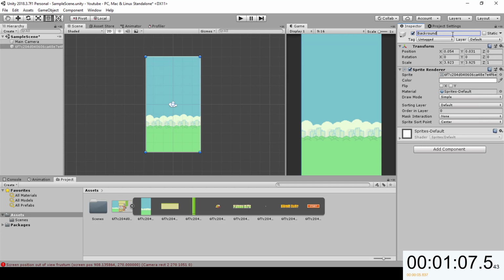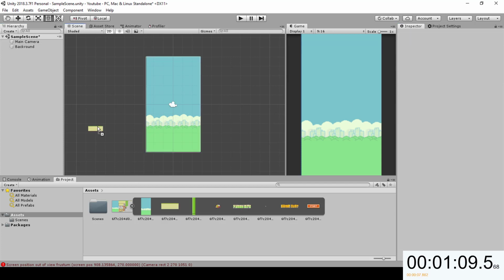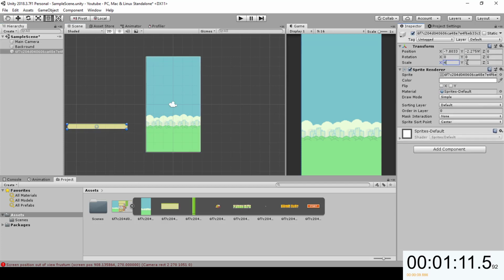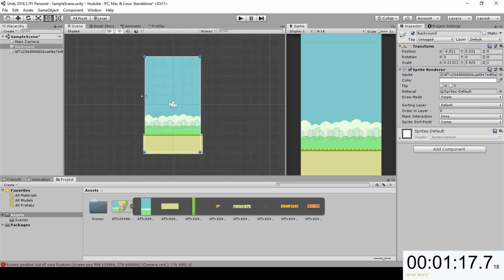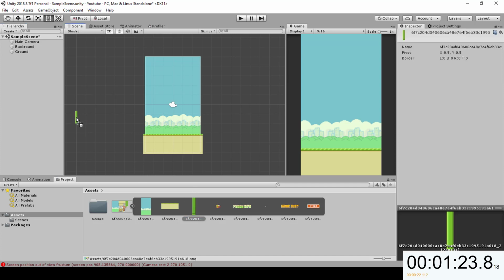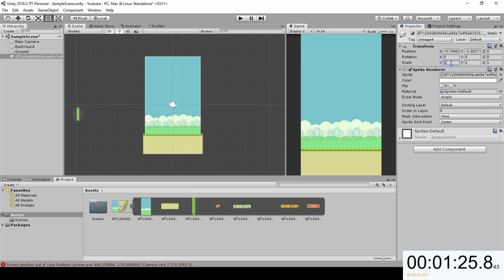Now let's drag the ground, scale it up a bit to 4 maybe? Yeah, that will work. Let's place it correctly. Yeah, change it to ground. Okay, the same thing with the pipes. Maybe we'll do 3.5 this time. Yeah, that will work. Let's duplicate it